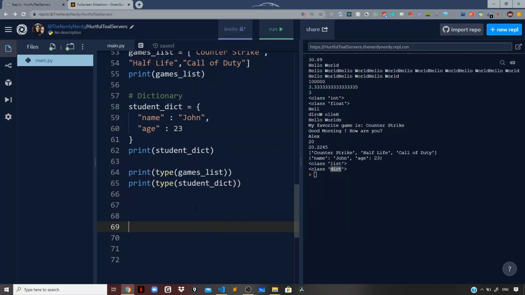So first is arithmetic operators. So what are arithmetic operators? Arithmetic operators are those operators that are used with numerical values to perform some common mathematical arithmetic operations. So operators in Python. So first we are going over arithmetic